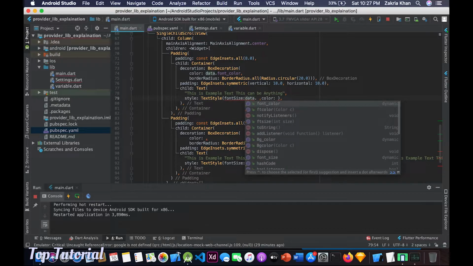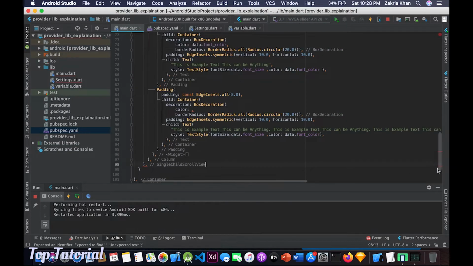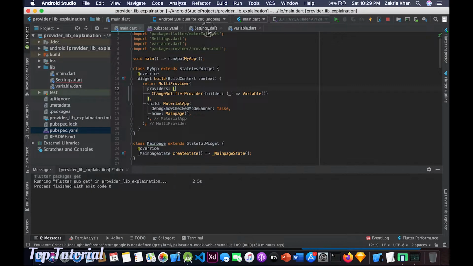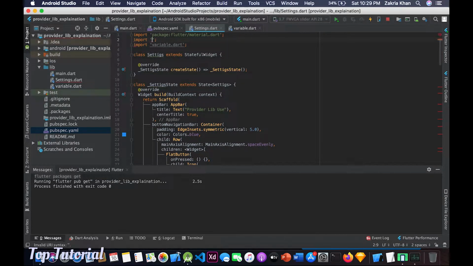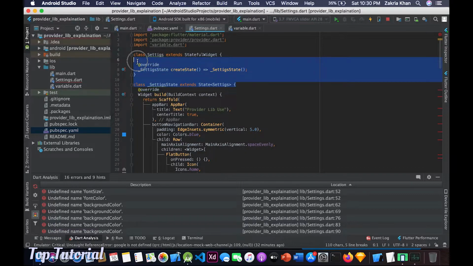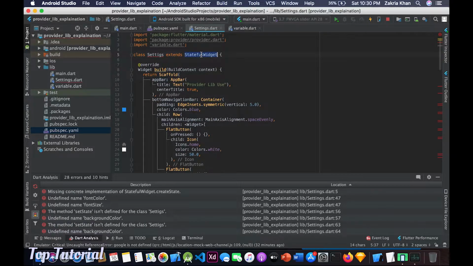In all other places where you need the data variable, you can do the same. You can use the data instance and then specify the variable, the getter name. Now we are done with getters and we are done with the main page. Now here is our setting page, and here we are again importing the provider package so that we can use the consumer widget. Now here you can see there is a stateful widget, and we will be converting this to a stateless widget, and you can do that very easily by cutting this line of code and then converting this stateful